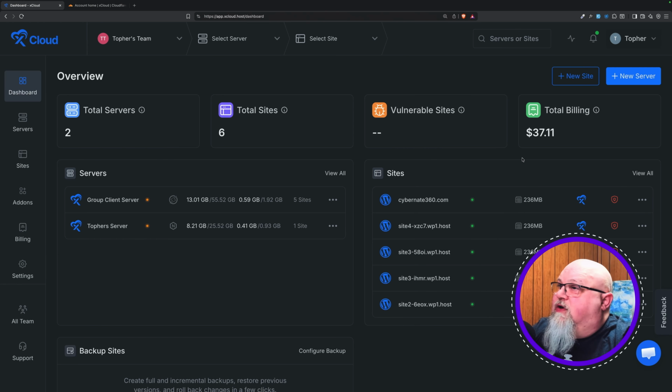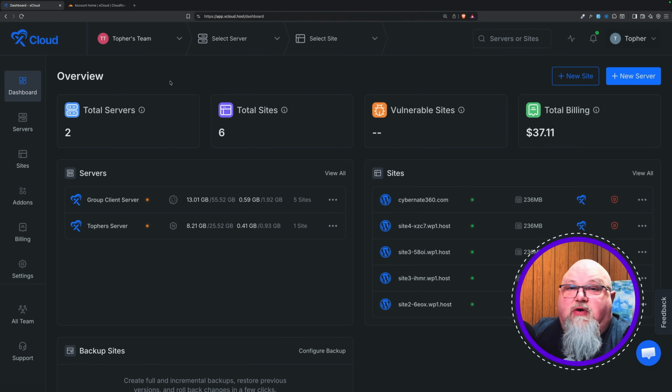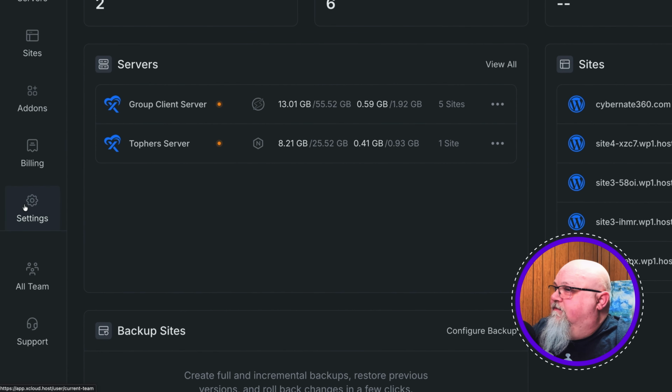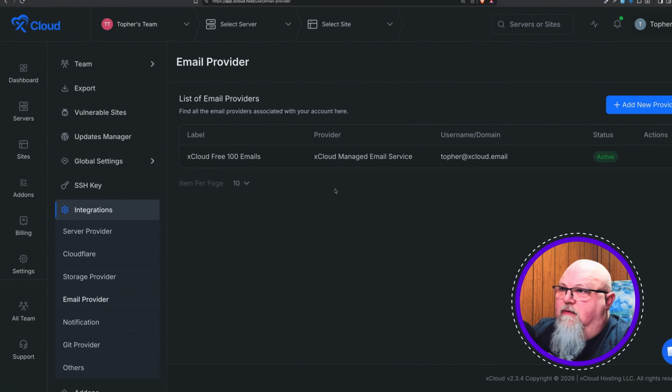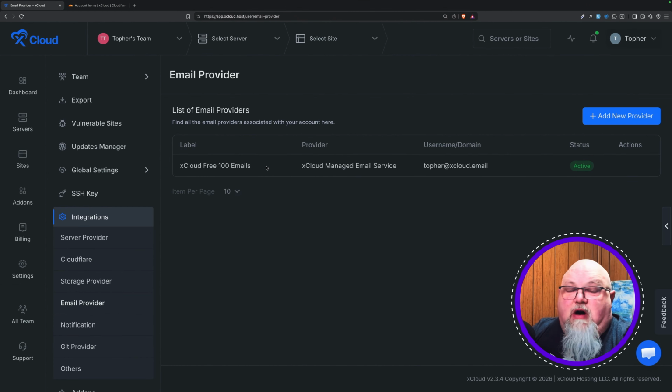Now, the first thing you have to do is set up who's going to handle your email. So I'm going to go to Settings, and then Integrations, and then Mail Provider. Now, your account with xCloud comes with 100 free emails per month. If you need more than that, or a different sending server or something like that, you can choose Add